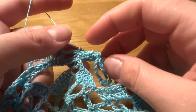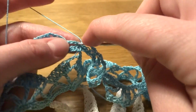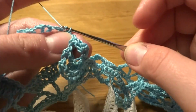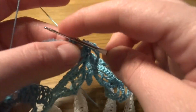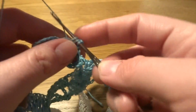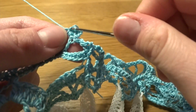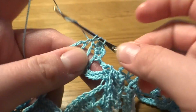Now round 14. So after we've done slip stitch into the first chain, now we need to work slip stitch into the next 3 chain stitches, 1, 2 and 3, and into the first double crochet, chain of 3 as a first double crochet, then into the chain 2 space 2 double crochets, 1 and 2, 1 double crochet into the treble crochet, then 2 double crochets into the next chain 2 space,